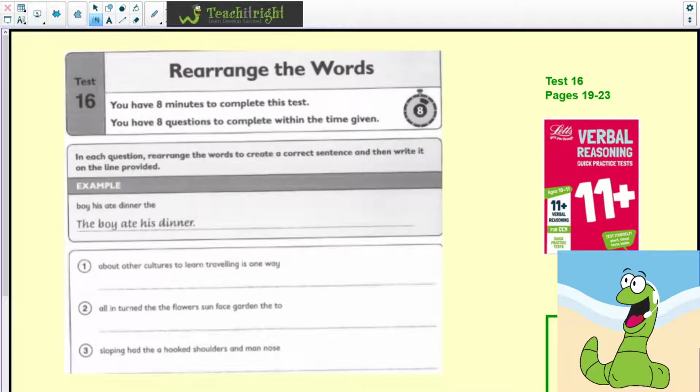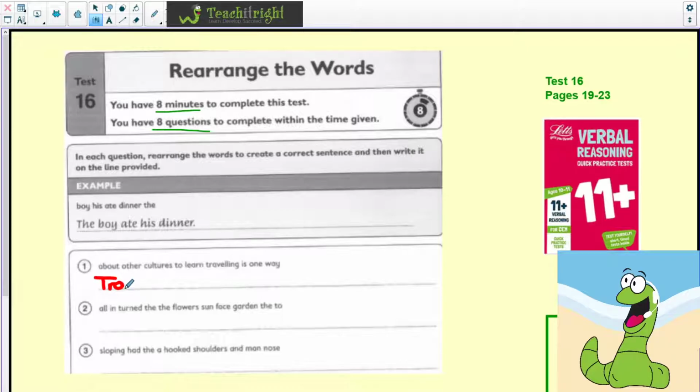And let's have a look at the next section that we need to do, and this is called rearrange the words. Now you've got 8 minutes here to do 8 questions, obviously quite a long time, and what you're looking to do is actually rearrange the words so that you can form a correct sentence. Now what this kind of helps and supports you with is obviously reshuffled sentences, but I think in these particular ones you're not looking for a word that you don't use, you need to use all of them. So I'm just going to write the sentences out, and then we will sort of cross through the words that